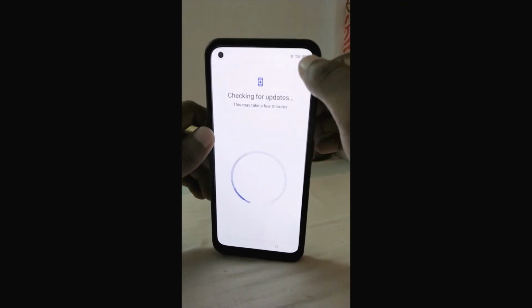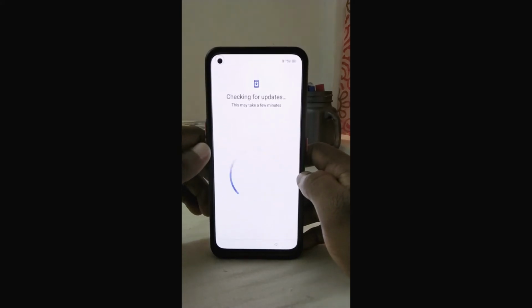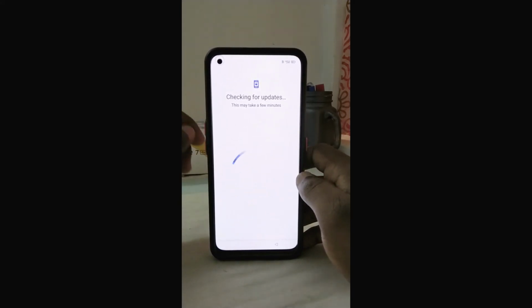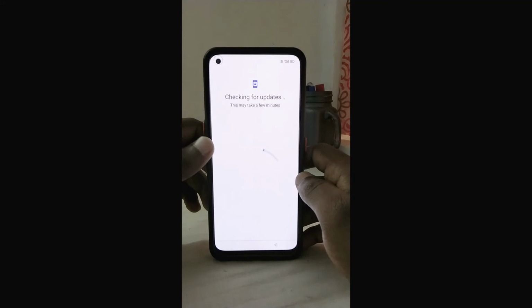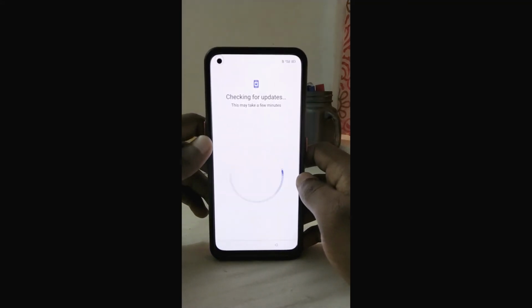You can see my charge percentage, I guess it is 58%, like it took around 3 to 4% to downgrade. It is recommended to have 60% or more charge, or more than 50% charge, I would suggest, because sometimes your battery might be weak or something, so to make sure.